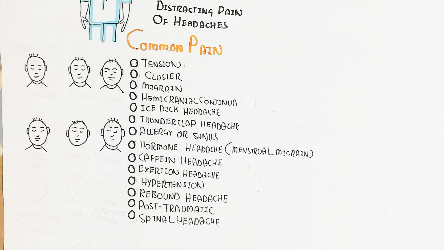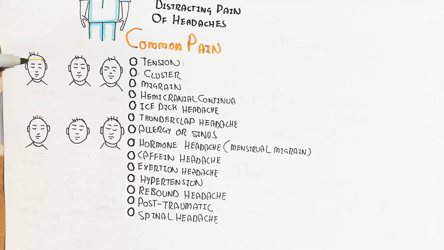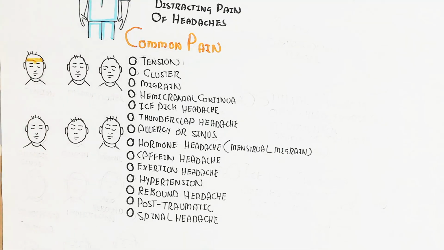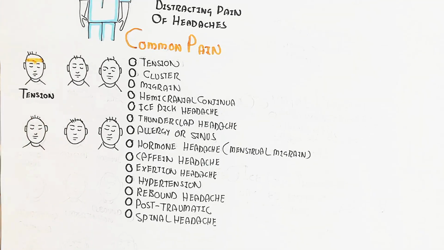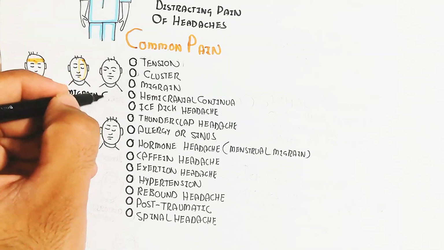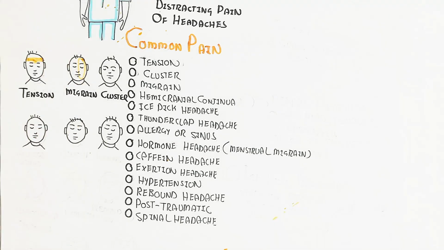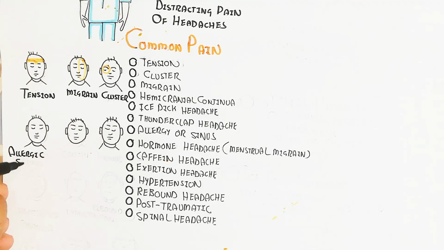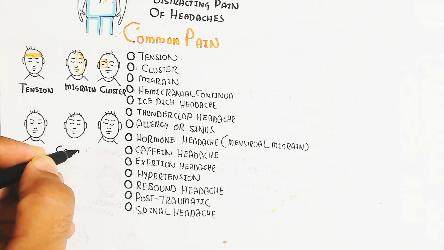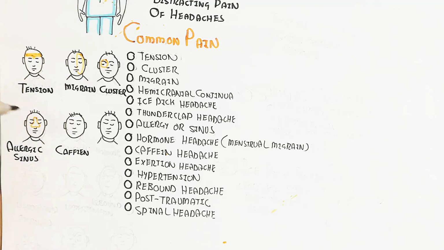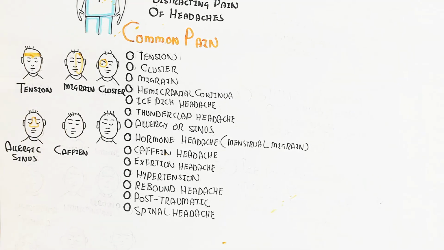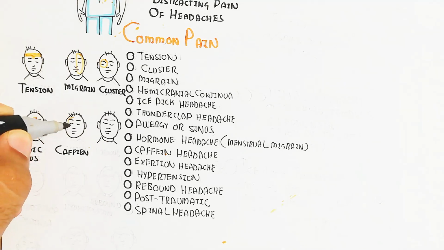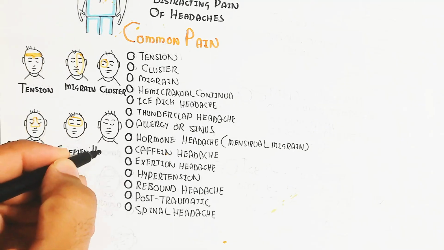Let's understand about the tension headache. Tension is in the front of the head, the upper and lower part of the eyelid and the lower forebrain. Migraine is on one side, involving the eyes as well as the upper head, while the cluster headache is surrounding the orbit of the eye.